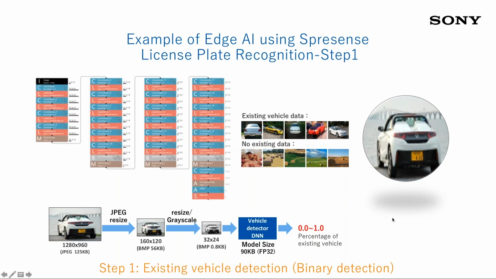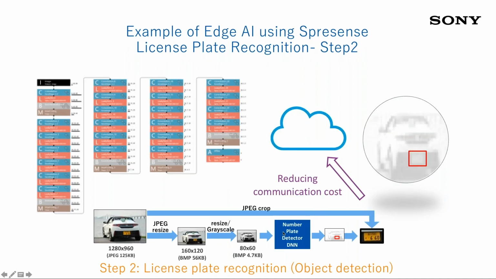So the first one is the license plate recognition that you see in this example. For example, I have 2 sets of data, so I have to be able to recognize whether it's a car or not a car. This thing that you see here does that recognition to see if it's a car, and then the next level tells you what the license plate is. So you see all of these blocks, and this is the design. This is a neural network designed for this, and at the end, Spresense is doing the calculation and inference,